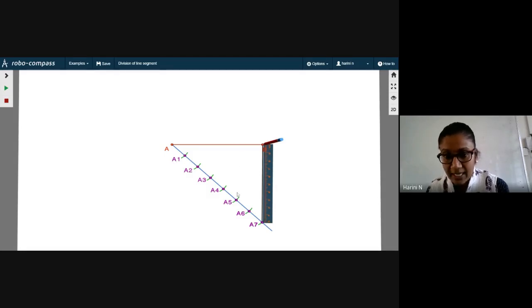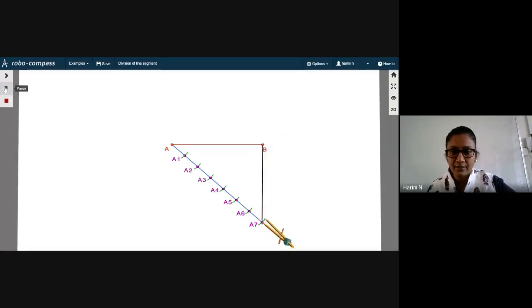To do that, either you can do it using your set squares, if you know how to drag your set squares to draw the parallel lines, or it is always safe if you copy this angle here. By copying this angle A7B at A5, I am seeing that the corresponding angles will become equal. And hence this line that I'm going to draw after copying that acute angle will automatically become parallel to A7B. So see how I'm drawing or copying the angle.